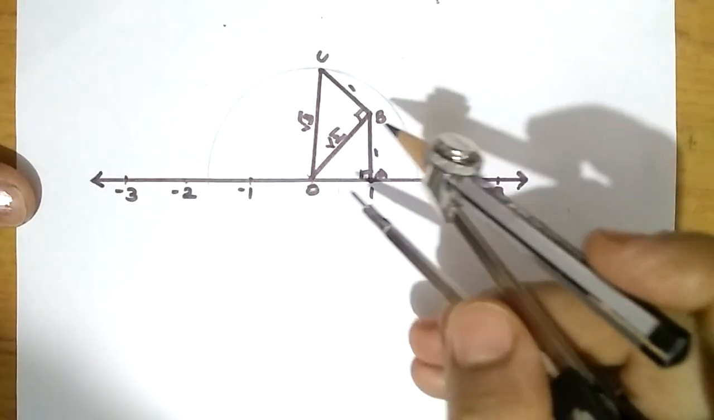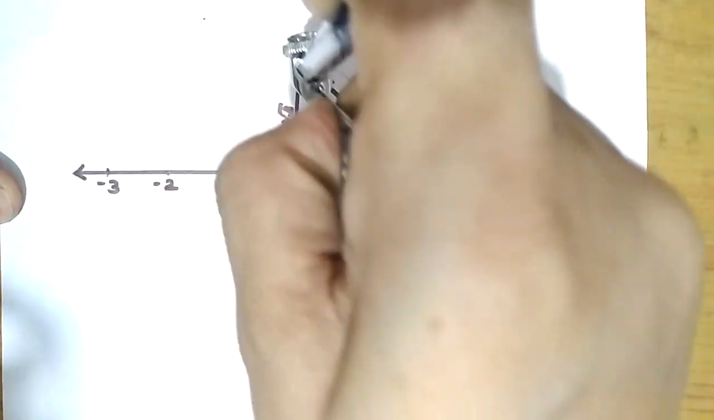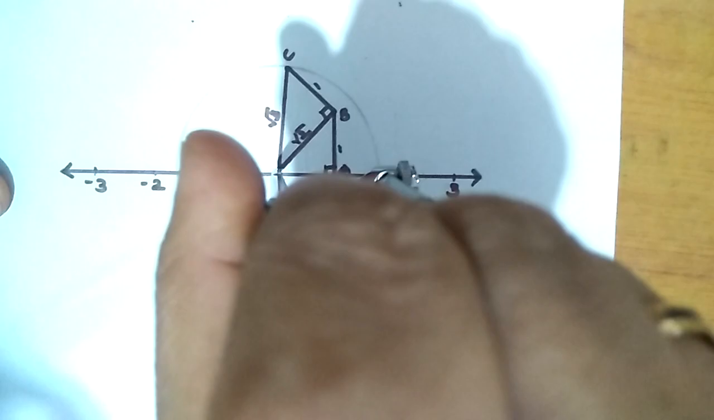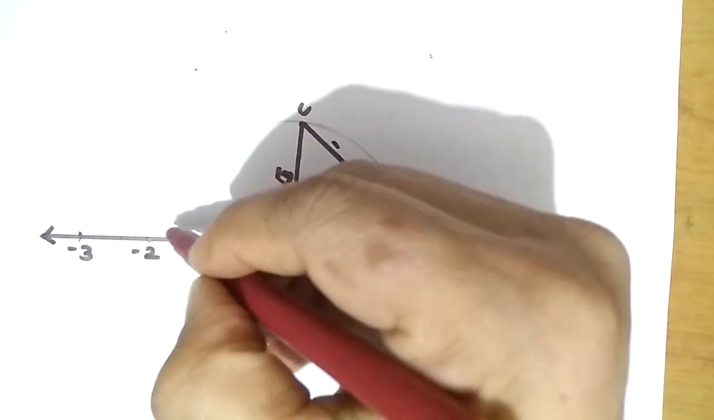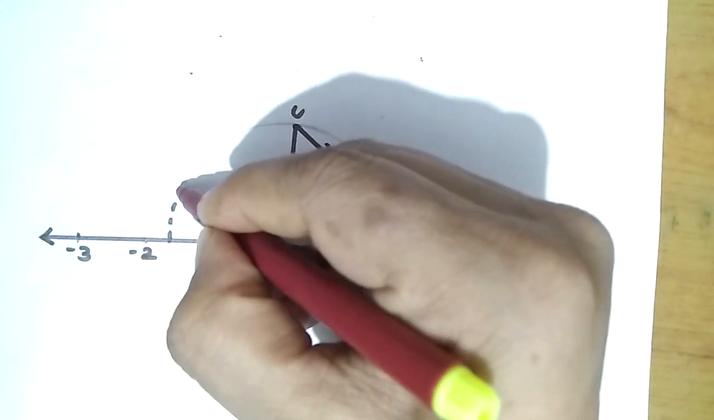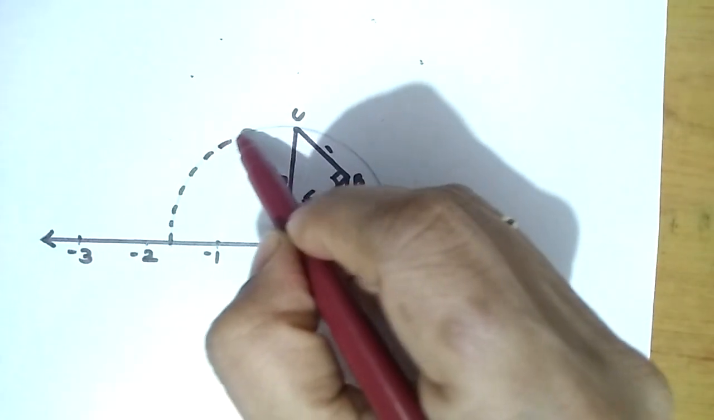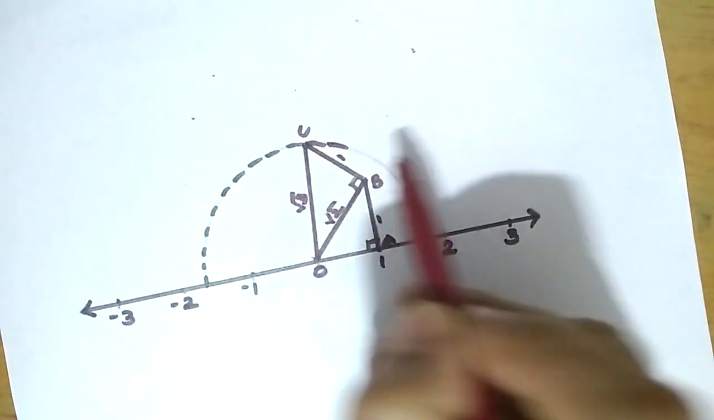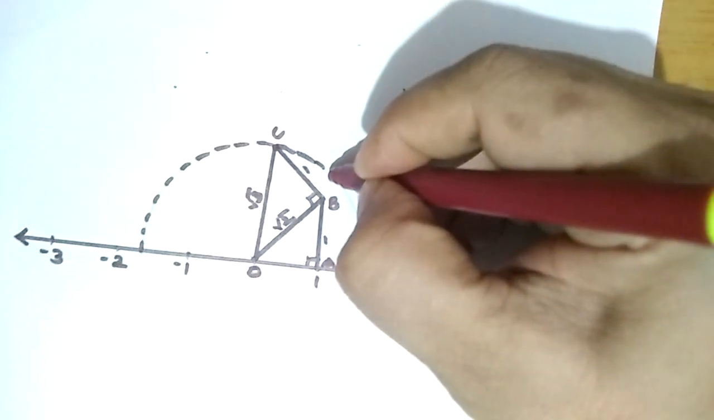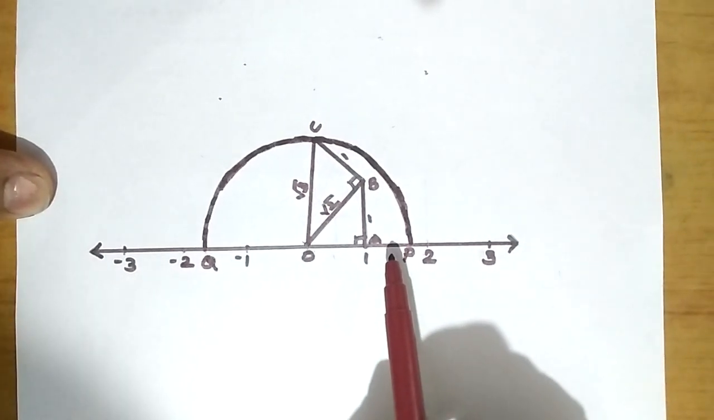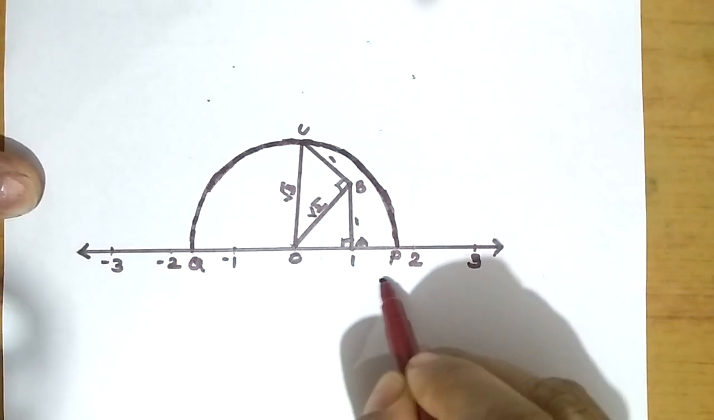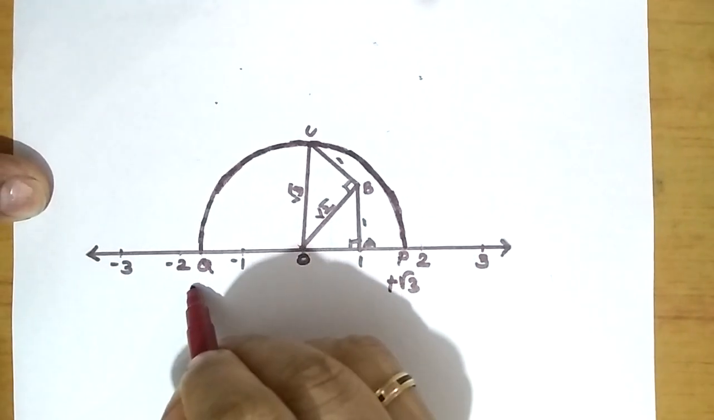Now you have completed your hypotenuse. So we have to keep O as the center and OC as the radius. I'll do it, see, like this. I have to draw a semicircle. Again I'll darken it, because you can view it properly. Now it completed the semicircle and cut the number line at P, which represents root 3, and Q, it is